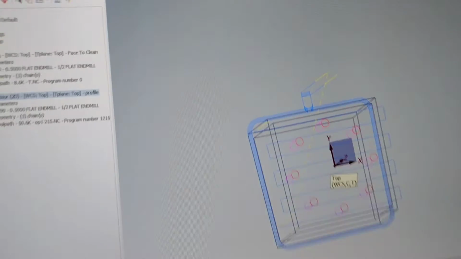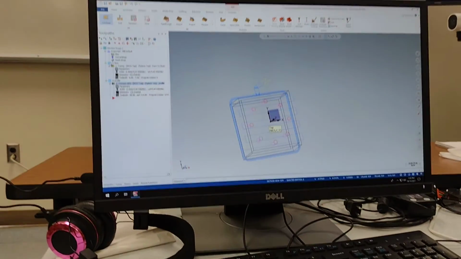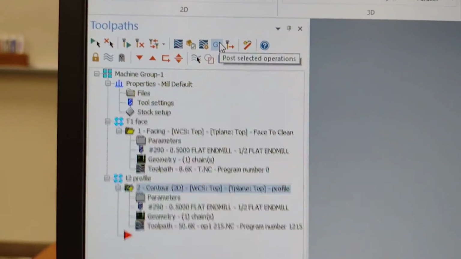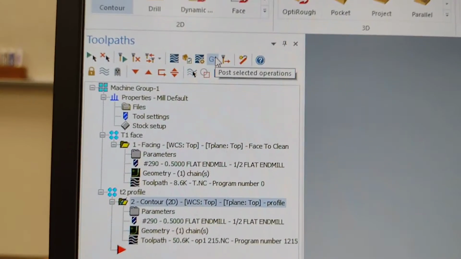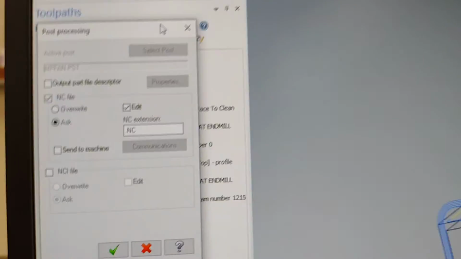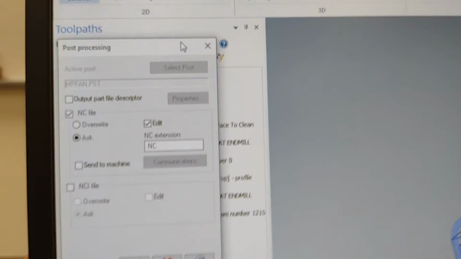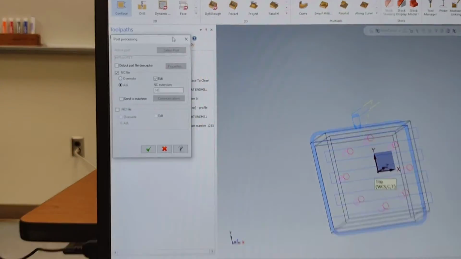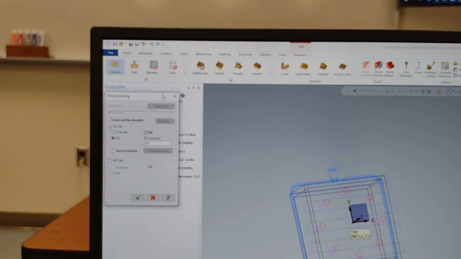So far so good? Yes. Okay, one more time. Now ensure that nothing's changed and all the yellow folders have a green check mark on them. I'm gonna left click the G1 up here. If you hold it there, it says post selected operations, and then it disappears. Post selected operations. This is the translator. This is what takes all this geometry we've drawn